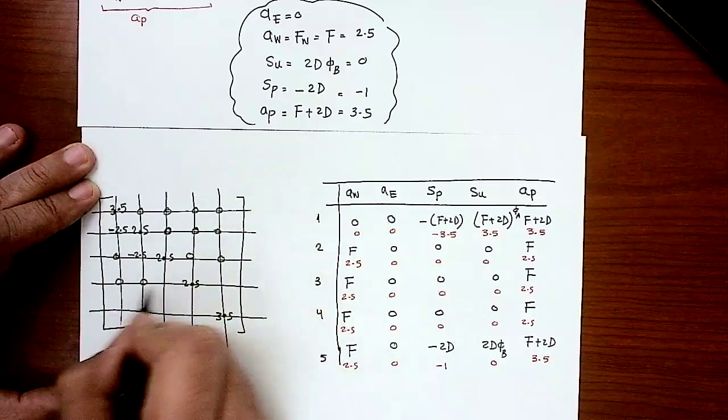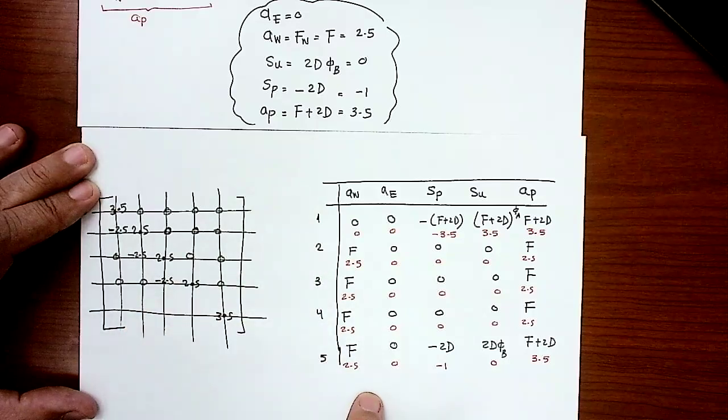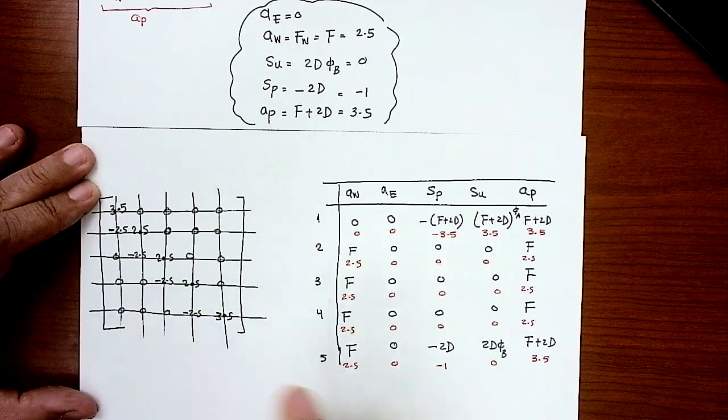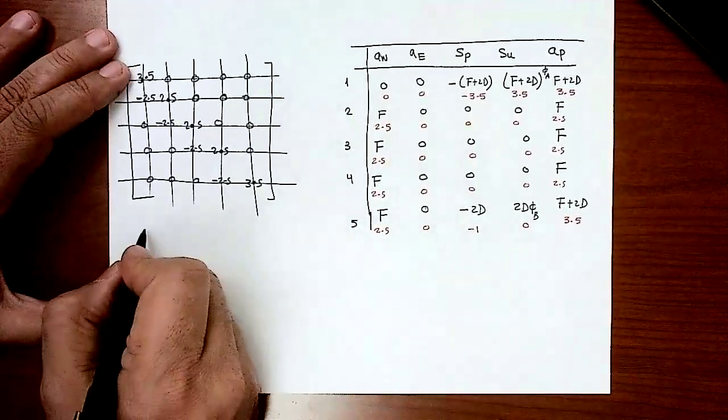Then you repeat the third line. Coming for node number 5, I have the east is 0, but the west is minus 2.5, 0, 0, 0. So let me write that in a clean way. The coefficient matrix looks like this: